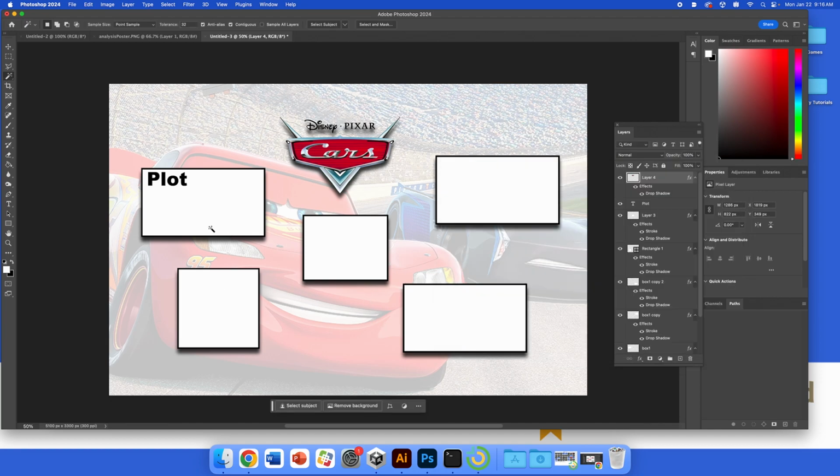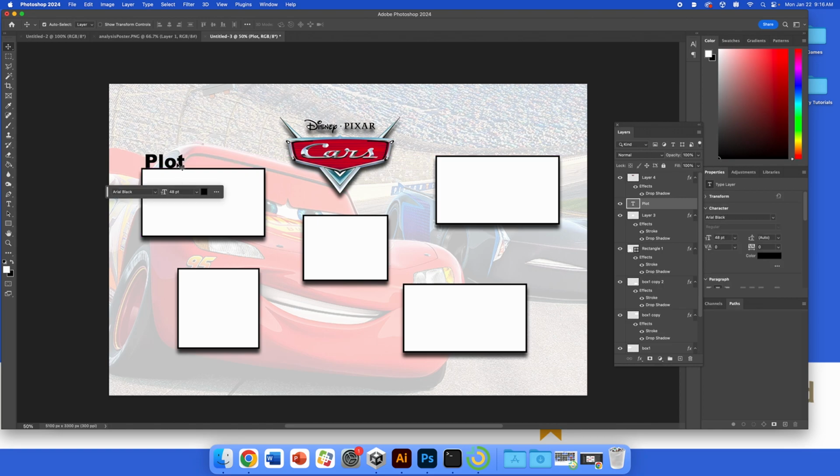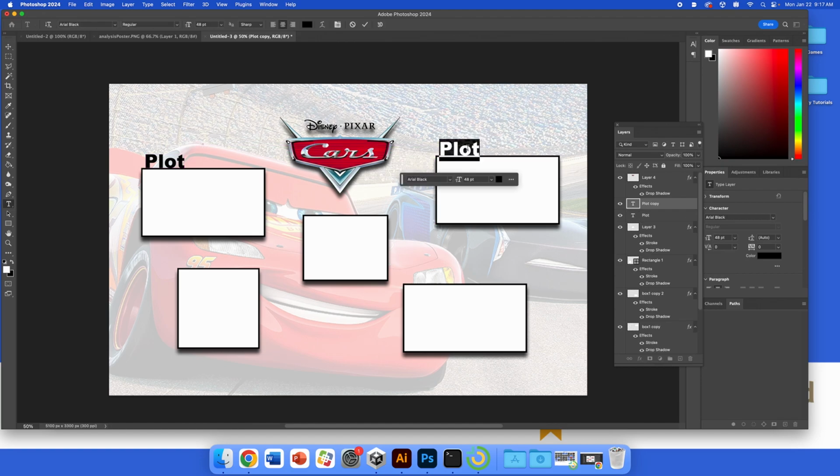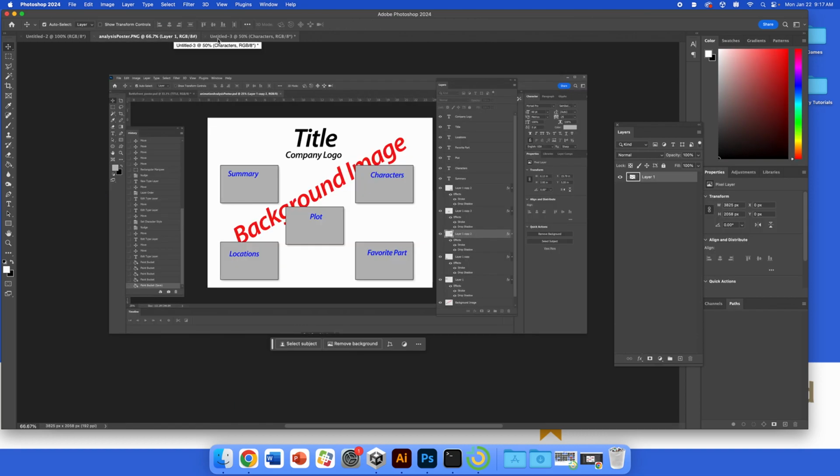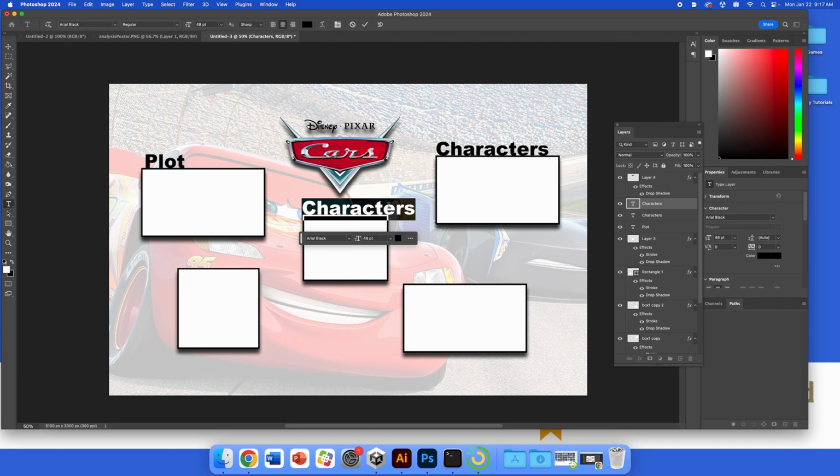And then it would be a lot more interesting if maybe I could put the word plot there. Now I'm really using the tool where I hold the Option key on the keyboard, hold that down, and if you drag, you can do this and go characters. Okay, and then I'm gonna hold Option again, and what are some of the other ones we had? We had favorite part, locations. I don't know, let's go favorite